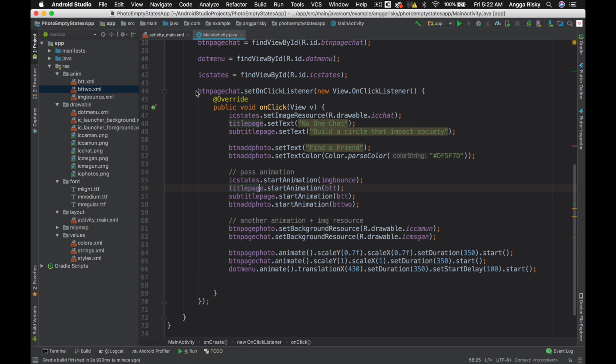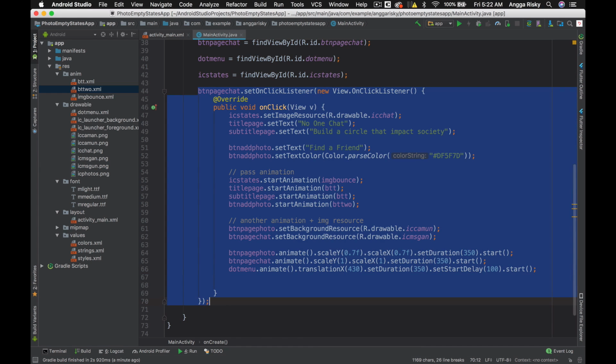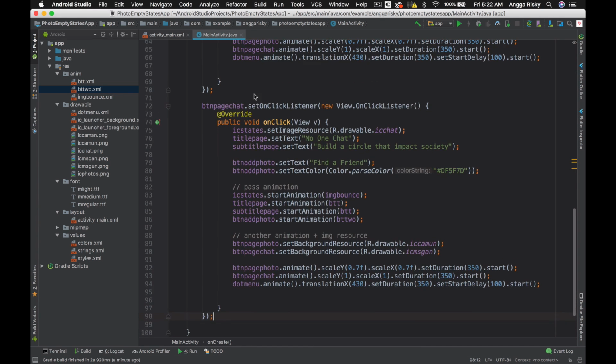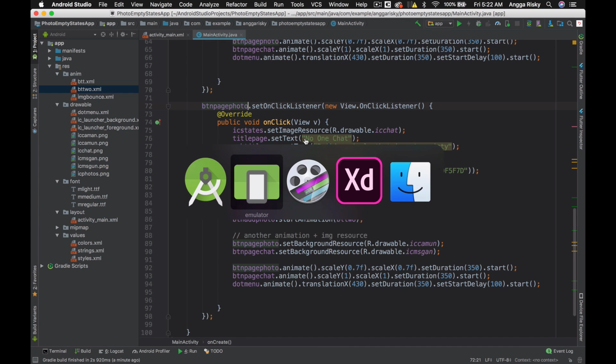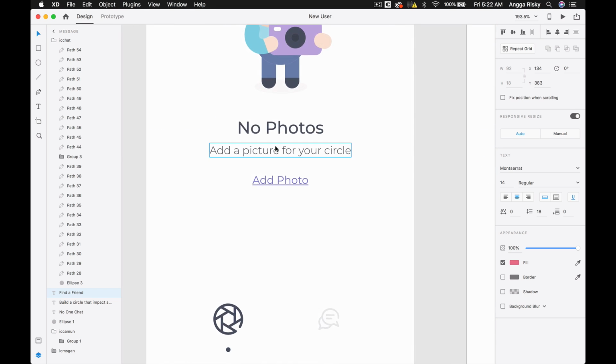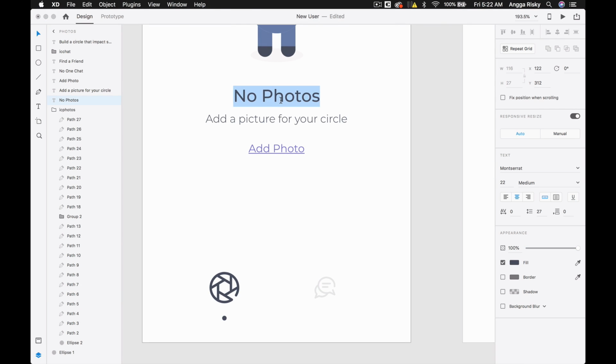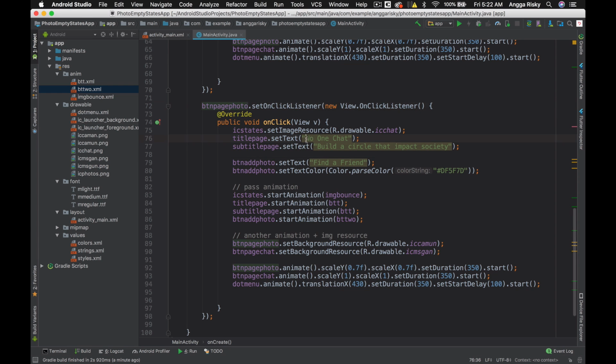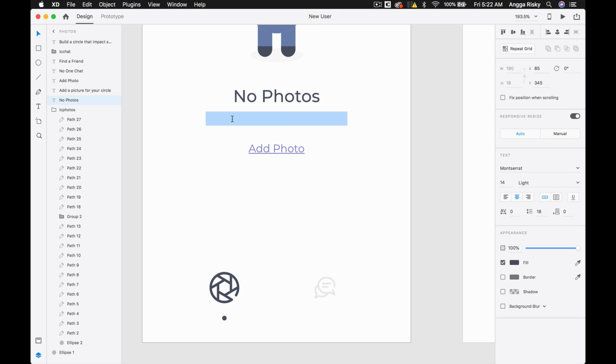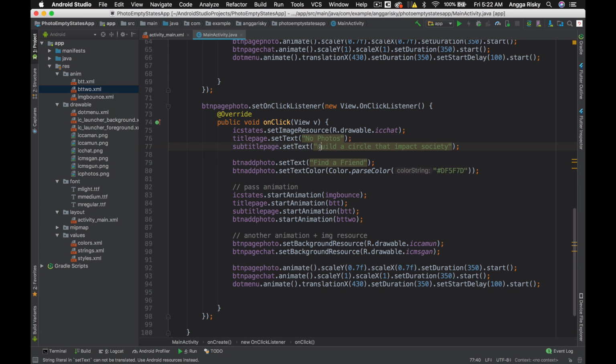So vice versa, I just want to simply copy this and then button page photo. So we have to reverse again, which refers to this design. So there is no photo. I just want to simply copy them here and then add the picture just like this, and then add photo.